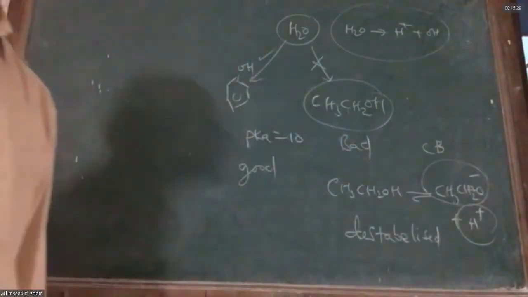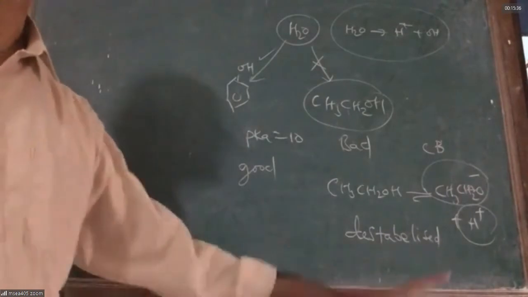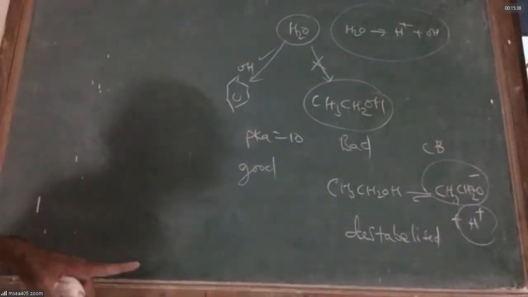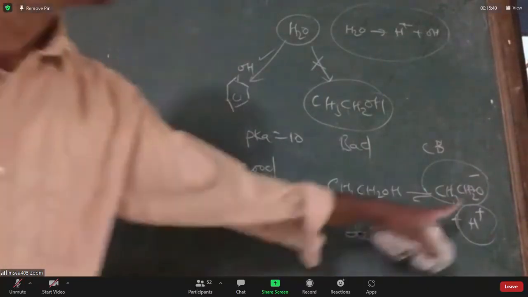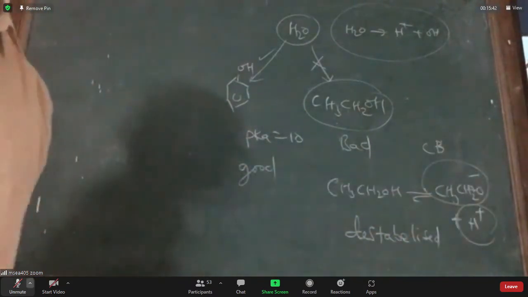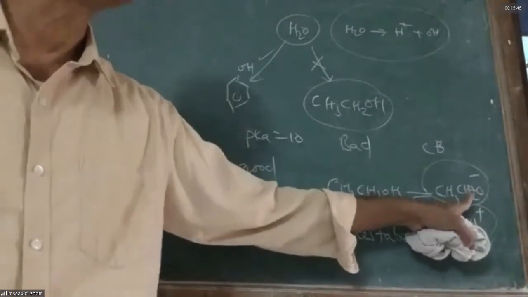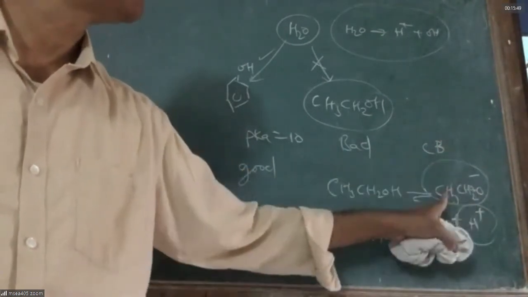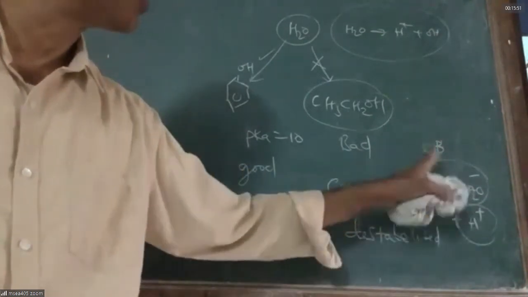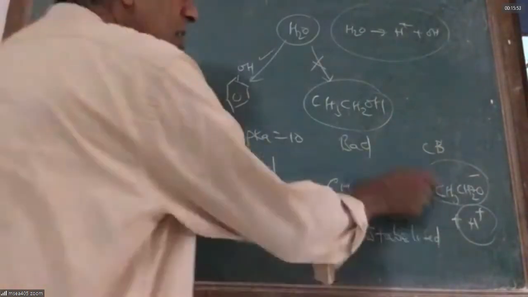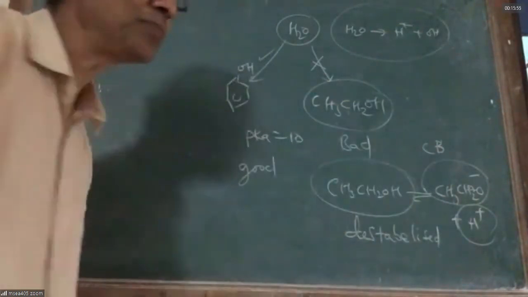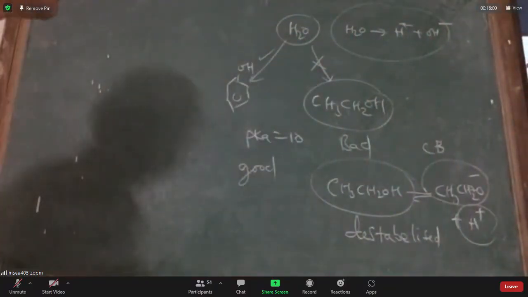A group that has an electron-releasing inductive effect or electron-releasing resonance effect can increase the negative charge on oxygen. Thereby it becomes unstable. If it is unstable, it never forms. Therefore, the conjugate base ethoxide ion never prefers to be formed. Hence, ethanol is a weaker acid than water. In water, nobody is destabilizing OH minus. What about phenol?